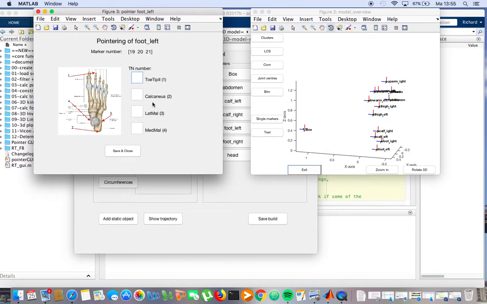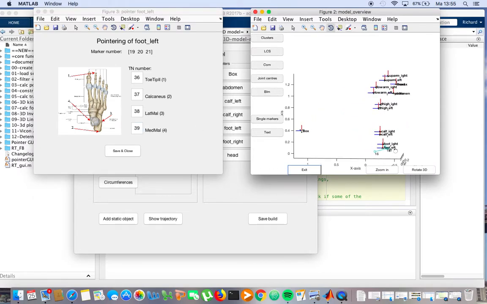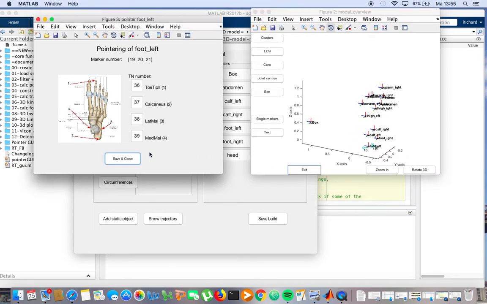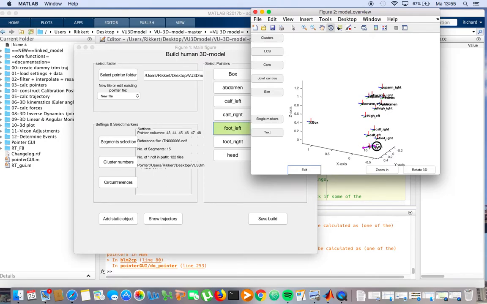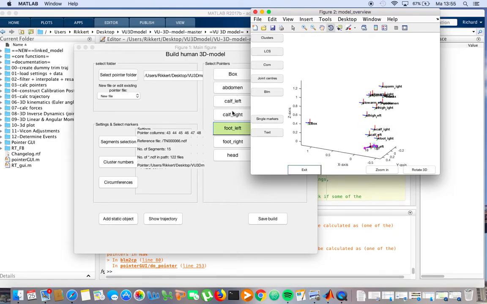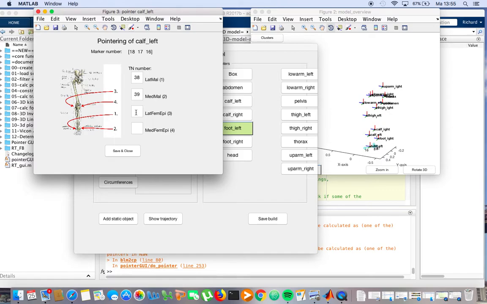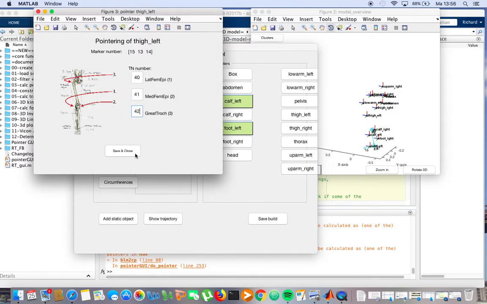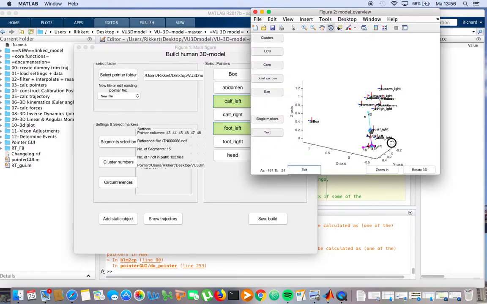So toe tip 36, 37, 38 and 39. In the right figure, we'll see blue points appearing. These are the data points that you measured. If we save and close, we see purple lines appearing as well, which is the calculated foot. We'll just continue with the calf, 41, with the thigh, it's 42, and now we see the foot and the